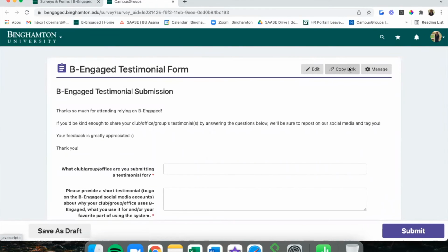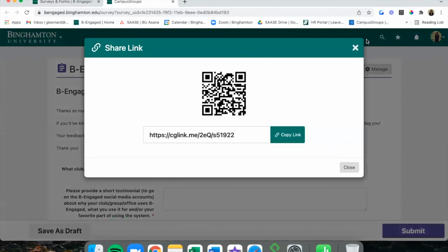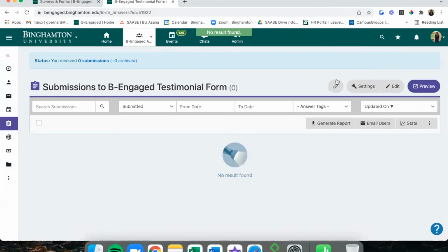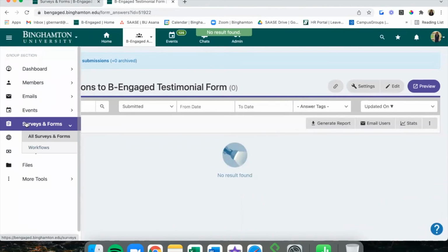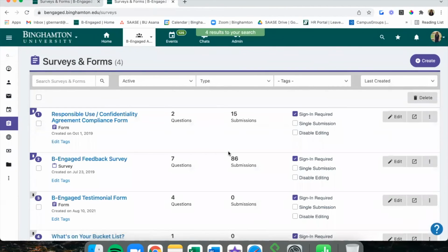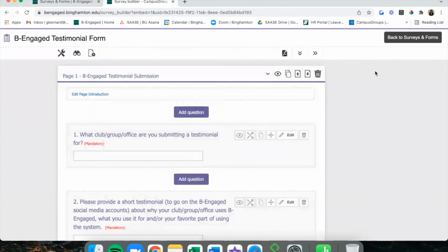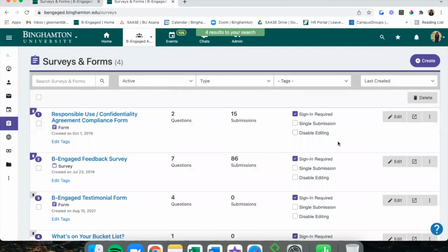You can bring up the copy link and QR code pop-up. And manage will bring you into the form submissions. And then the last thing here in this little section is just the edit button, which brings you to the surveys and forms builder.